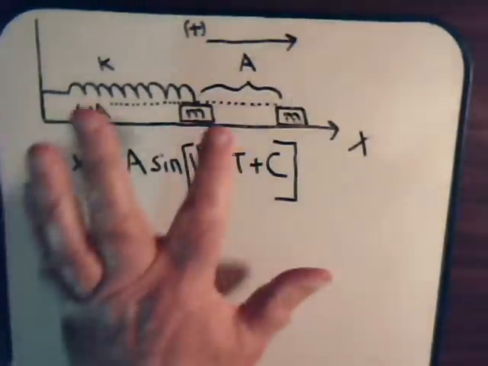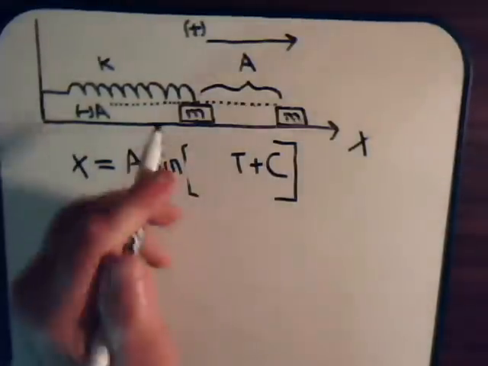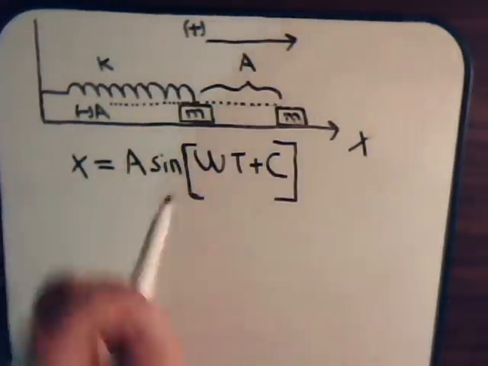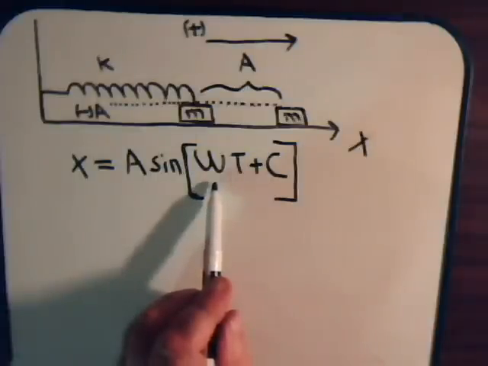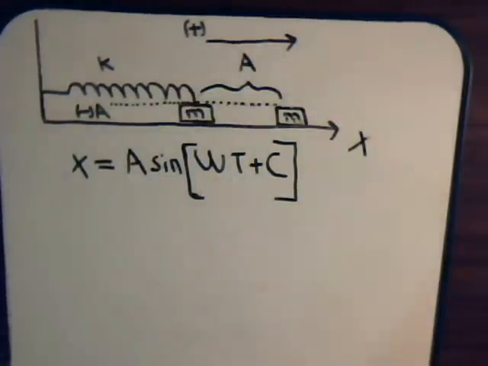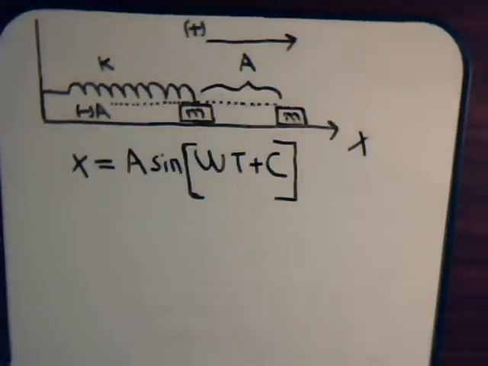That is now omega times t. And this should make sense, because this is angular frequency, the number of radians per unit of time, multiplied by the time. That's going to be radians. So this gives us an angle that we're taking the sine of. Now, what does this mean? That tells us the position of the block at time t equals 0, depending upon how we set up the initial conditions. For example, let's say that